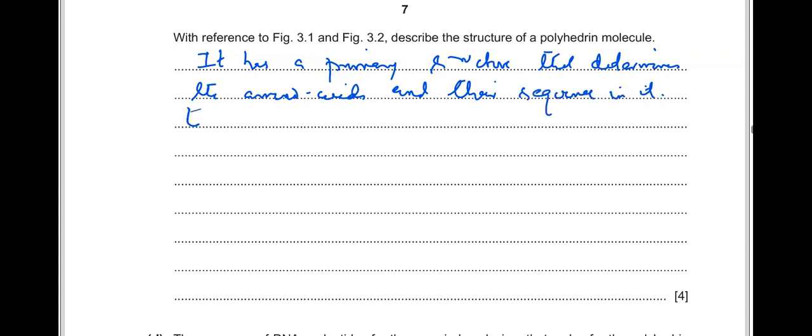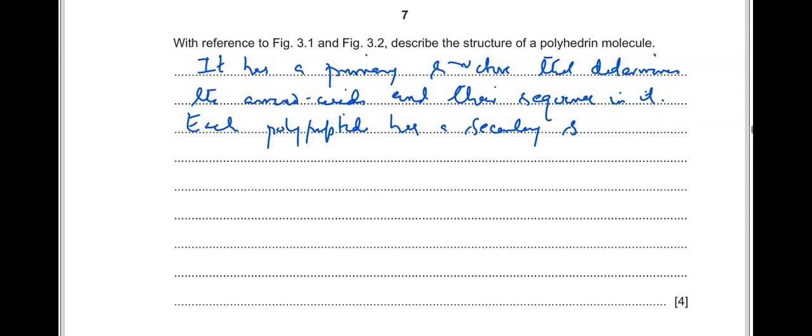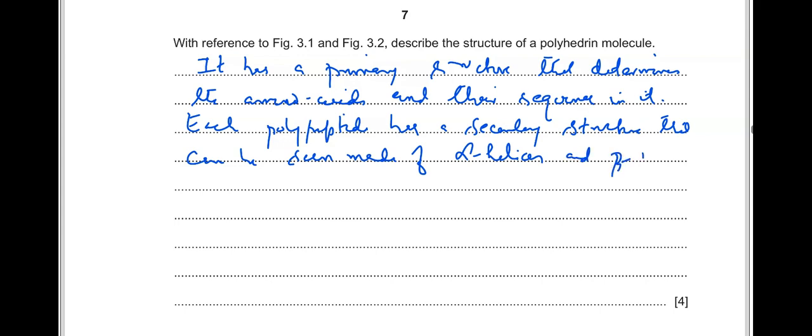Then each polypeptide has a secondary structure that can be seen, made of alpha helices and beta pleated